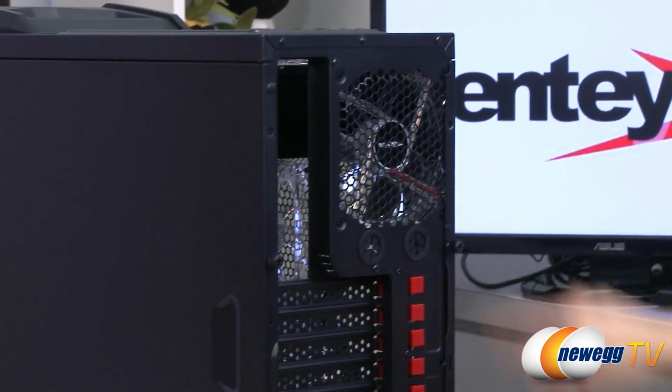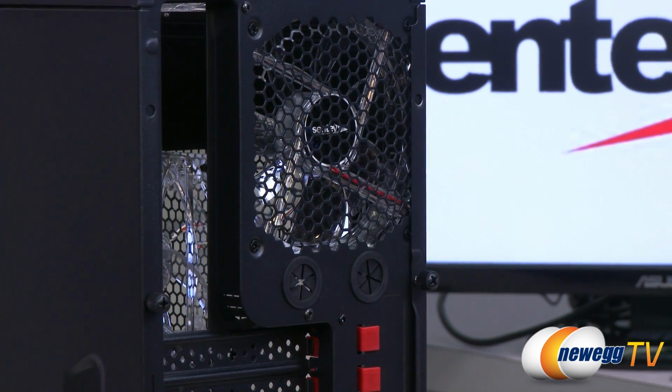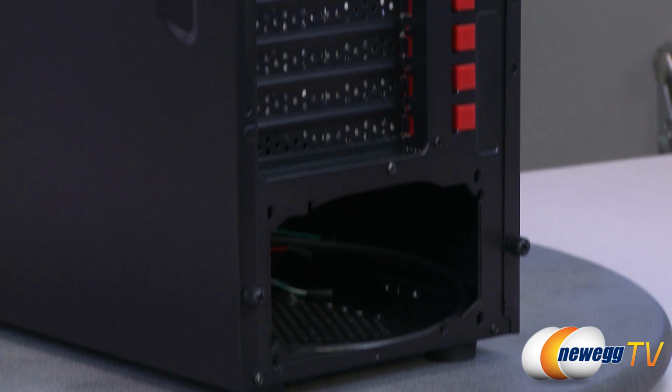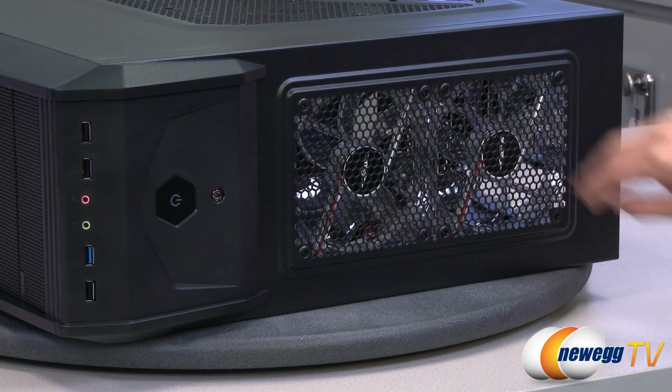Finally, on the back, we have another blue LED fan, 120, and some grommets to thread your cables through, as well as your water cooling tubes, knockout for your input-output chip on your motherboard, 7 expansion slots, and finally a bottom power supply mount. At the top of the case, we have another two pre-installed